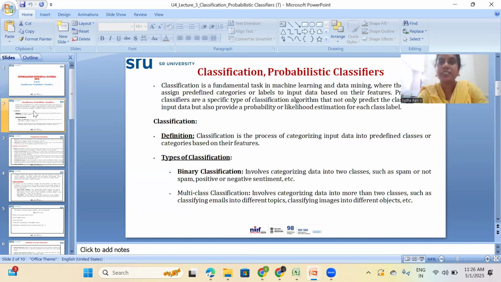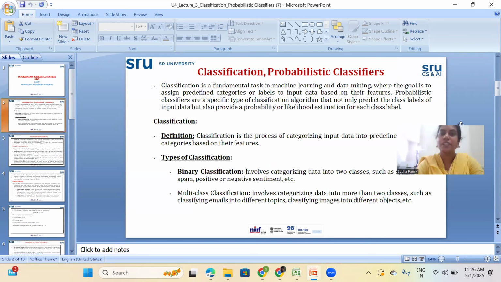Classification is a fundamental task in machine learning and data mining, where the goal is to assign predefined categories or labels to input data based on their features. So in classification, the data is divided into categories. Mainly, the types of classification we use are binary classification, where